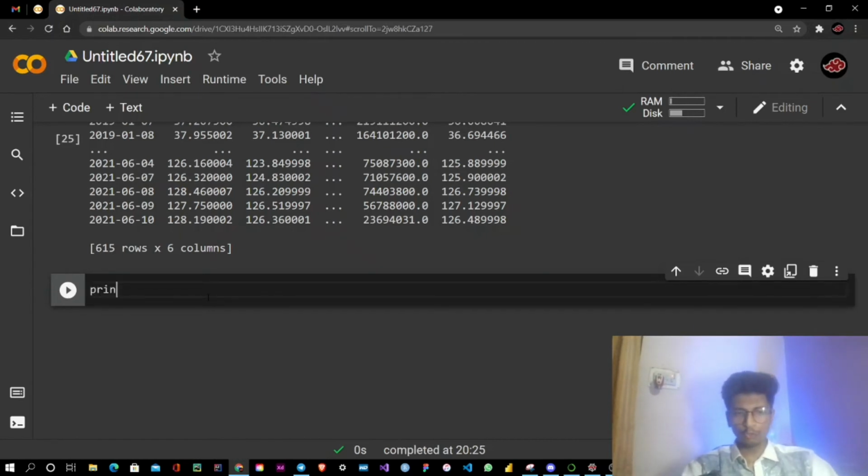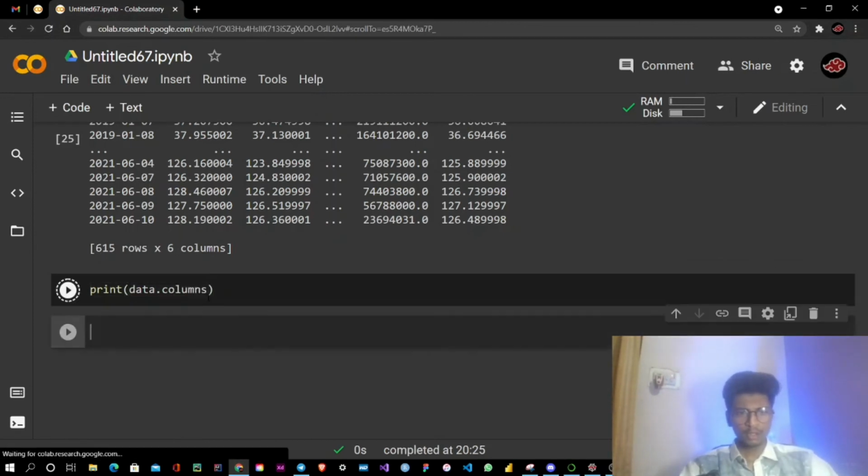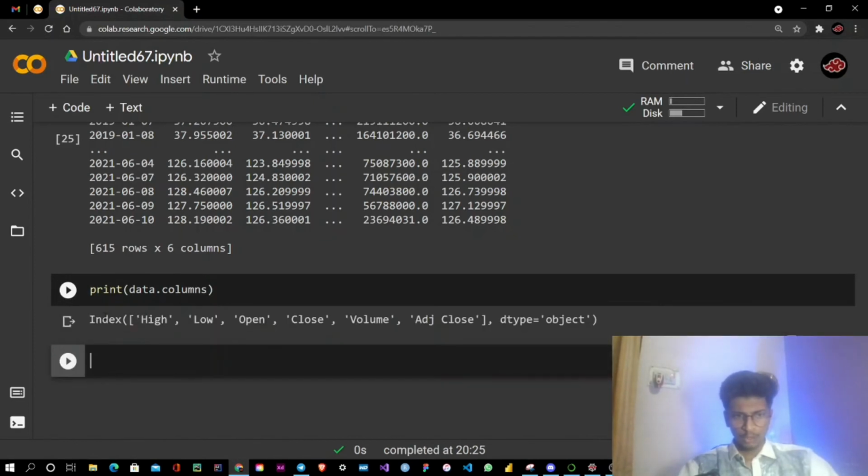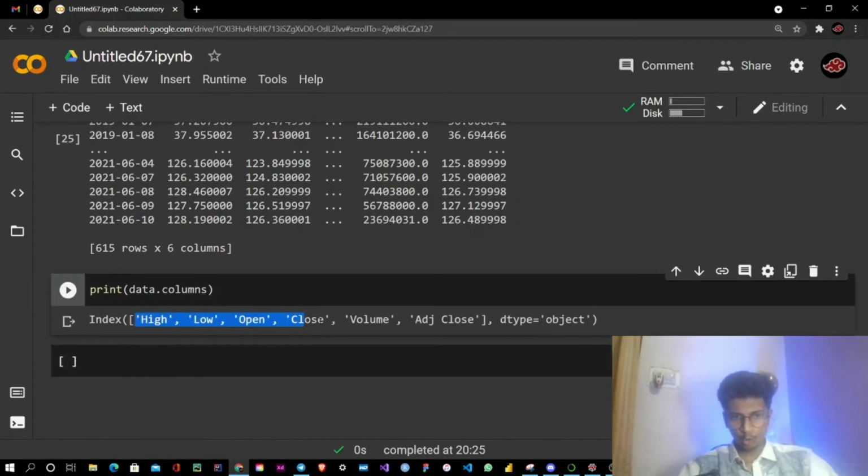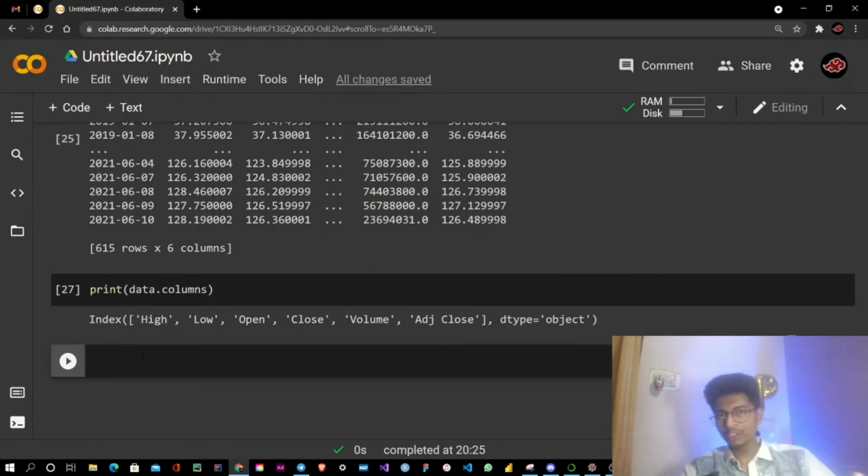So fetching all those columns, we will write data.columns. These are the index, and these are high, low, open, close, volume, adjusted close price. These are the columns in our data frame. We are going to visualize the Apple stock through graphs using the Seaborn library.